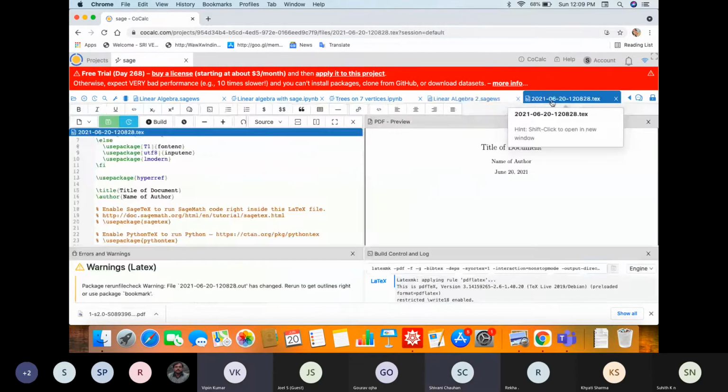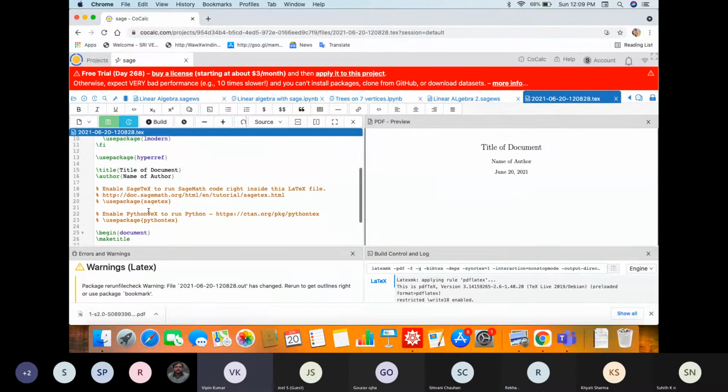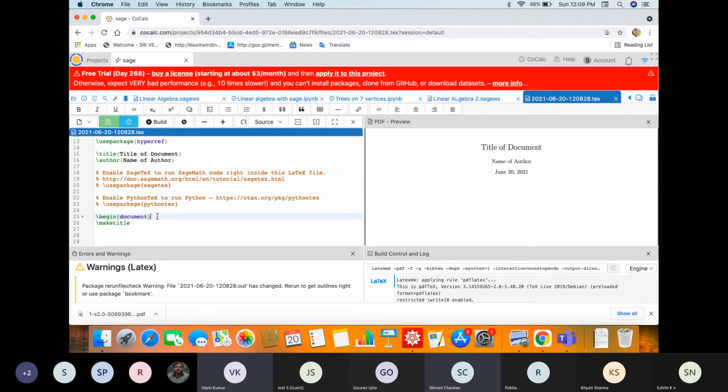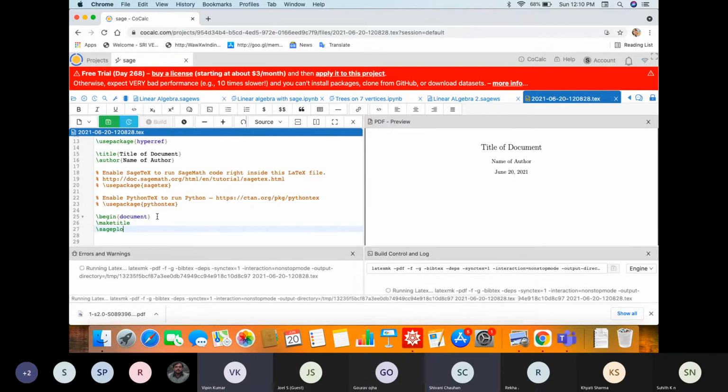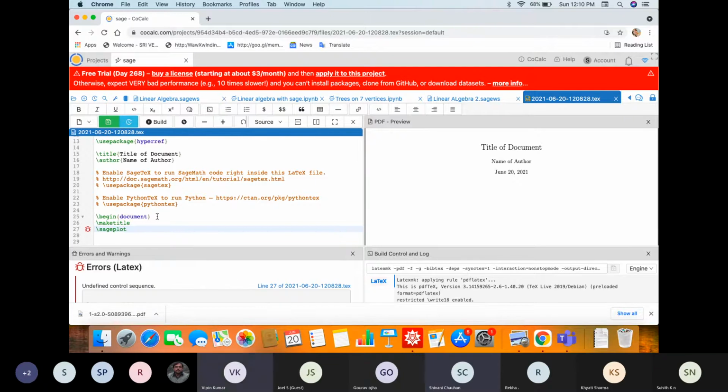Now you can paste it there by typing \sageplot in the document section, below the \maketitle. Sorry, slash sageplot. Is the P capital or small? Small. Error it is showing.